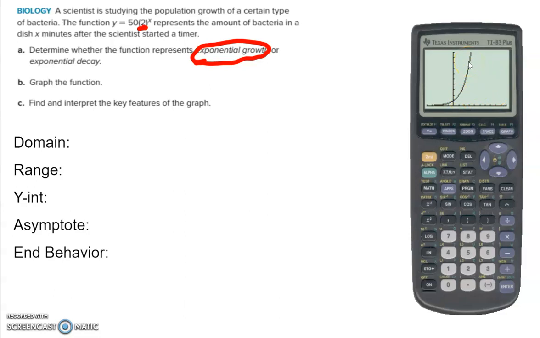So now I need to identify the key features of the graph, and I have the five main ones that I want to focus in on listed below. So the first one, I'm going to do the y-intercept first. The y-intercept is where it crosses the y-axis. And when it crosses the y-axis, your x is 0. So if I put a 0 in for x here, 2 to the 0 power is 1. 1 times 50 is 50. So my y-intercept